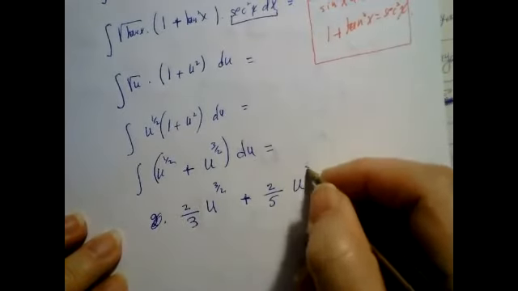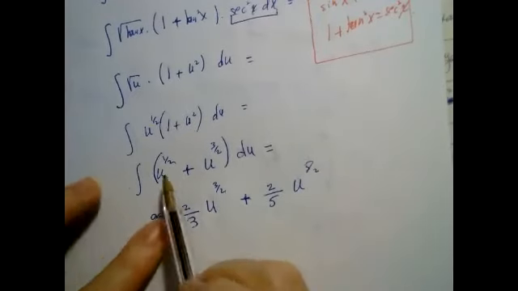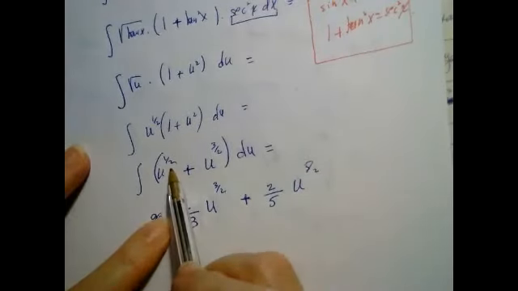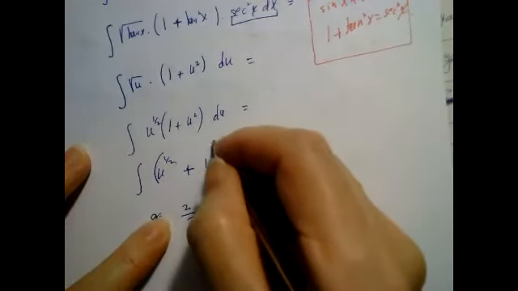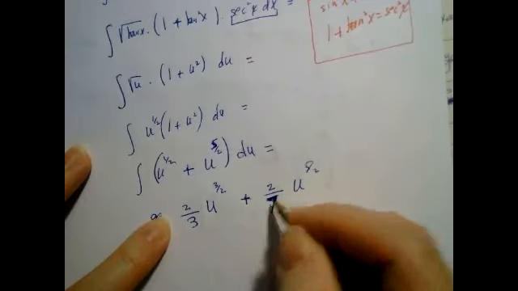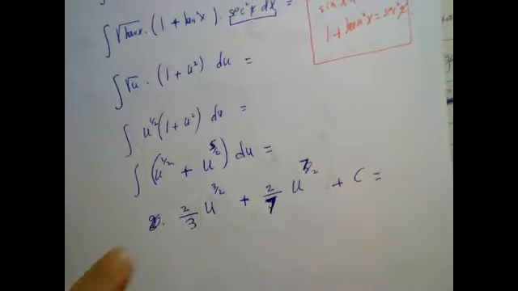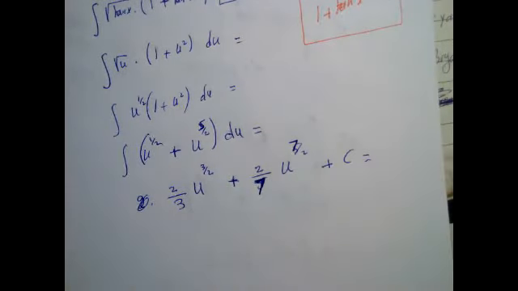If you're adding the powers, wouldn't it be 5/2 and not 3/2? Which one? For the step above. U to the 1/2 times this one, u squared. Yeah. I just made a mistake, to make sure you're following me. All right, equal to